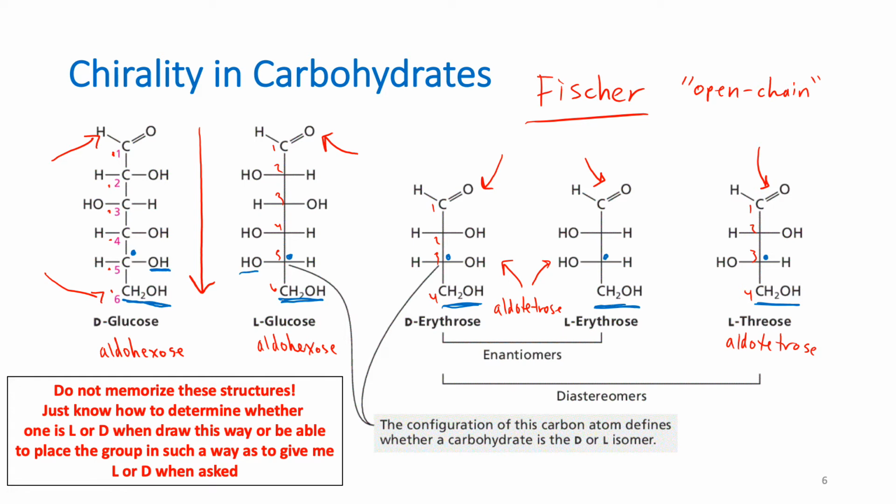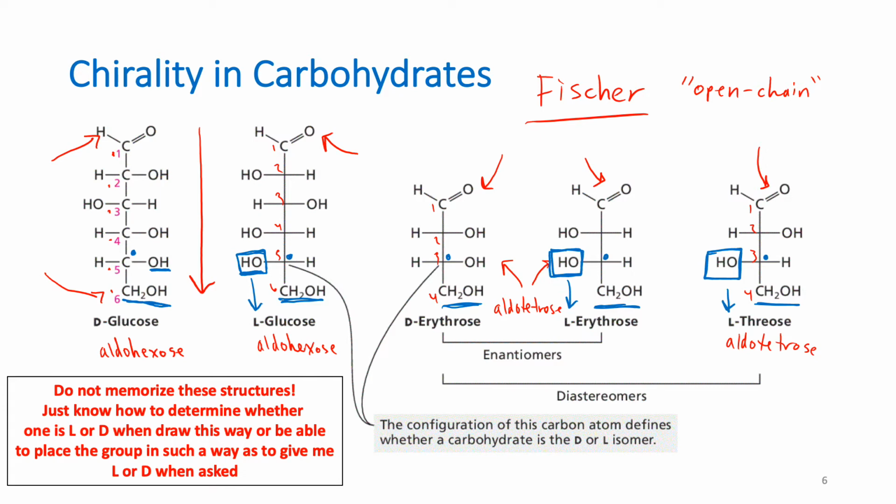So notice right here with L-glucose, that OH on this particular carbon, the one right above the CH2OH, aka the last chiral carbon in this chain. If that OH is on the left, notice that it gives the L distinction. Let's look over here at erythrose. Notice that that OH is on the left of the last chiral carbon. Therefore, it's going to have the L distinction. Lastly, right here, notice that it's L, L, left. If that last chiral carbon's OH is on the left, it's going to be designated as L.